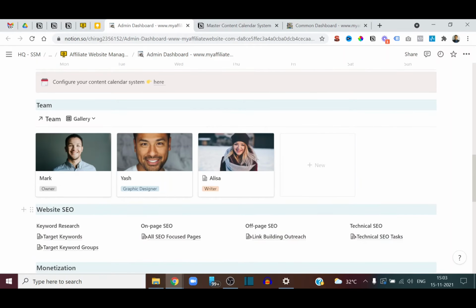Then we have a dedicated section just around your website's SEO. This is divided into four major areas: keyword research, on-page SEO, off-page SEO, and technical SEO. Keyword research comprises two major databases, the keywords database and the keyword groups database.